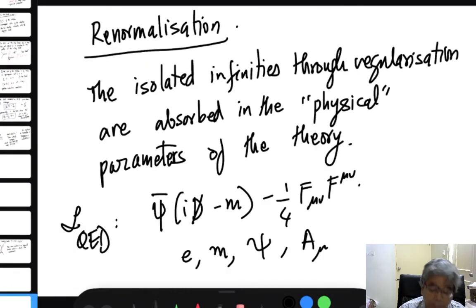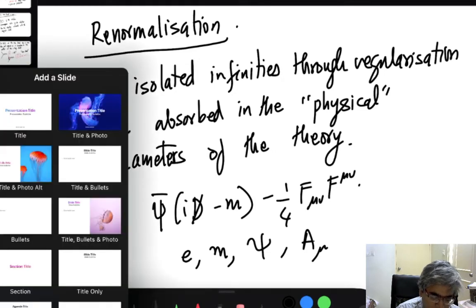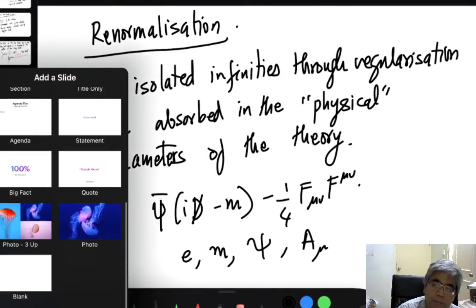You only have 4 parameters: the wave function of the electron, the wave function of the photon, the electric charge, and the mass of the electron. That's it. There is no other parameter in the theory. So this is an issue for us, right? How will you know what it is? But there is an organizing principle, actually a very nice organizing principle,